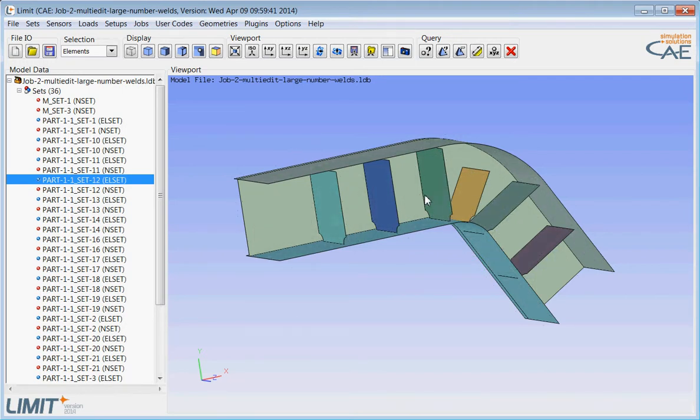We can see that the ribs all carry a different color, so they were defined in different shell properties within the Abaqus input deck. They all have the same physical thickness, but they all have their own, independent shell definition. And if we run the algorithm to find weld sets by physical properties, limit will find separate welds for each